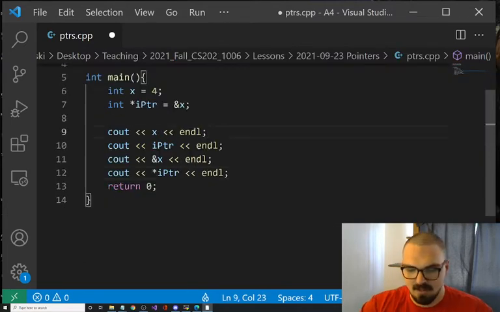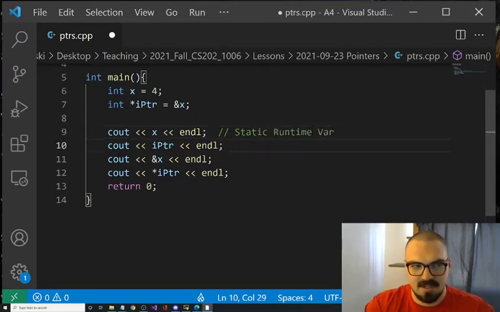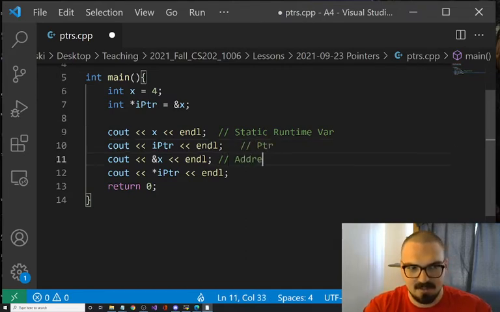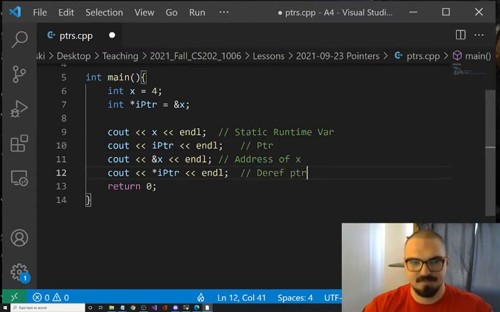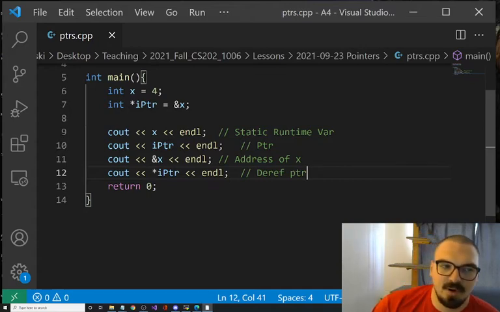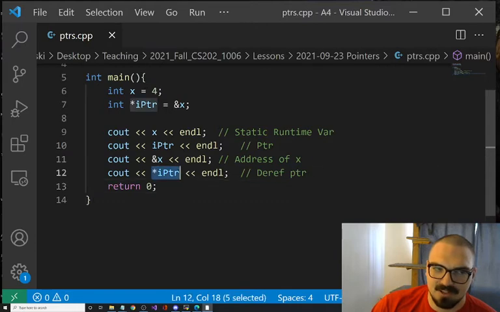All right. So this is our static runtime variable. This is our pointer. This is our address of X. And this is our deref pointer. All right. So we're going to see probably 4 here, some address, and then we should see 4 here.